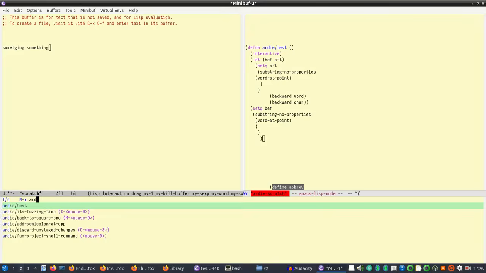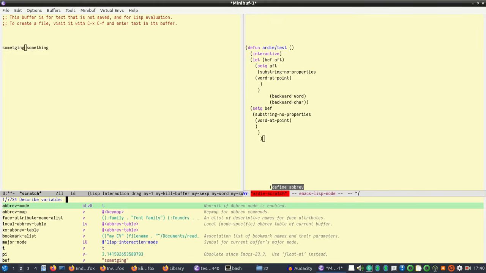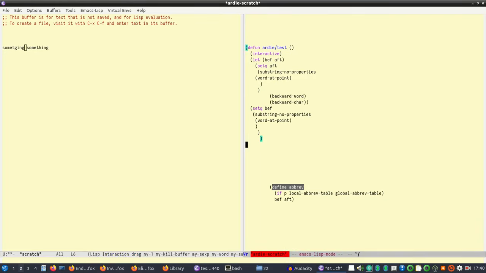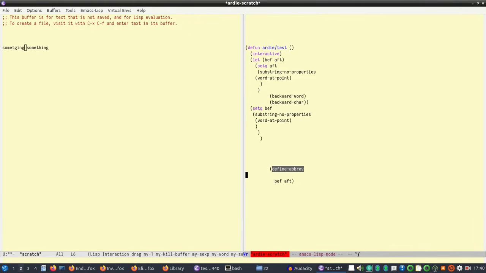Now if we run the same function, we can't tell that it works right now, but we can check the variable. So Control HV, check the variable. Oh sorry, I made a mistake. So we're going to add it into our abbrev table, and it's perfectly fine to use global, but as just an example, I'm going to use XX as a table. So instead of this one, I'm going to call it